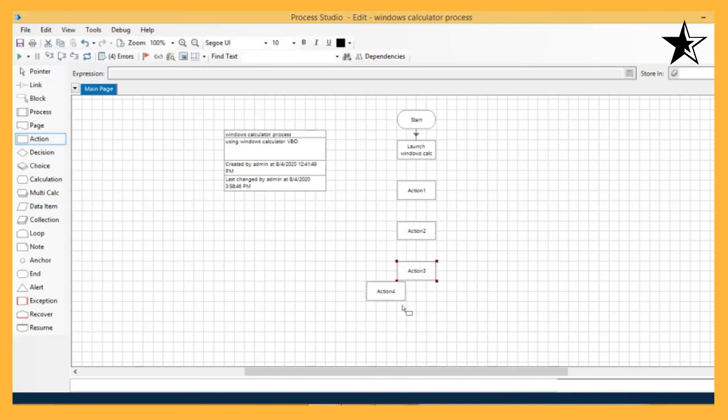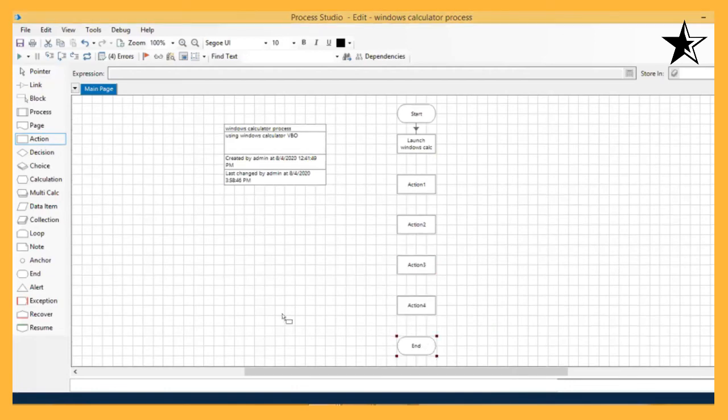And then I will take one end stage. Right, now just linking all these stages and setting all the actions.